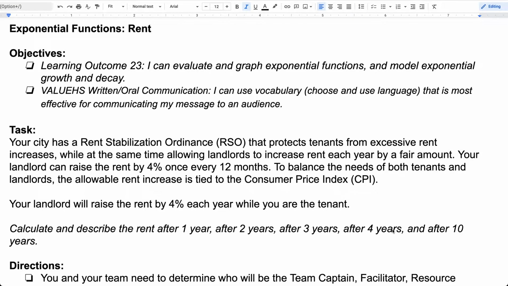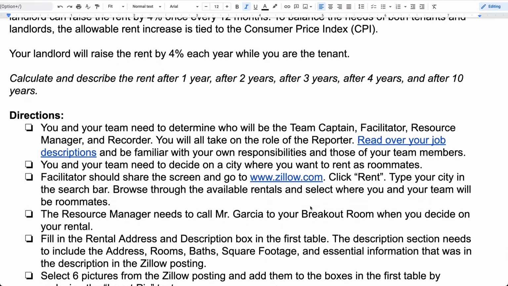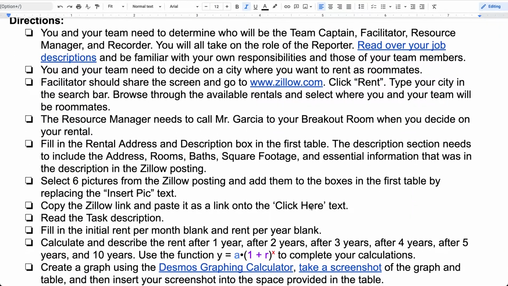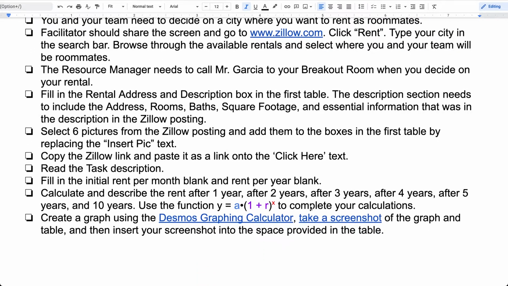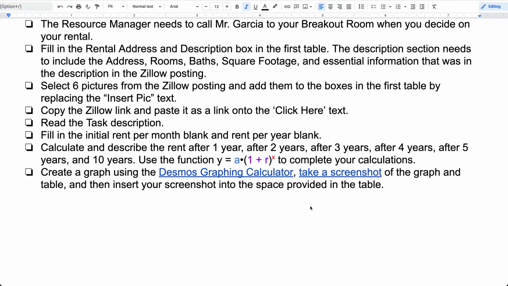Hey everyone, in order to complete the exponential functions rent activity, you want to make sure to read through all the directions on this first page. After reading the task, I want you to make sure that you're going step by step through these directions, and I want to guide you through some of these steps by taking a look at this example of some students'